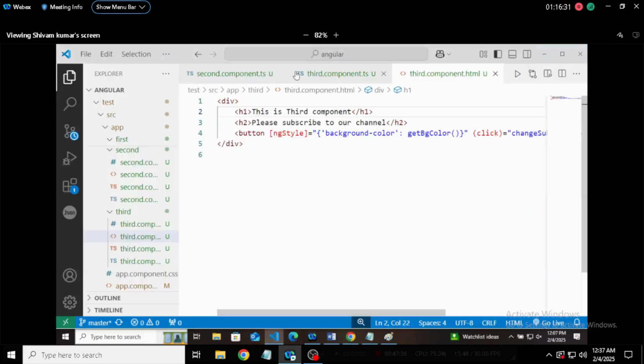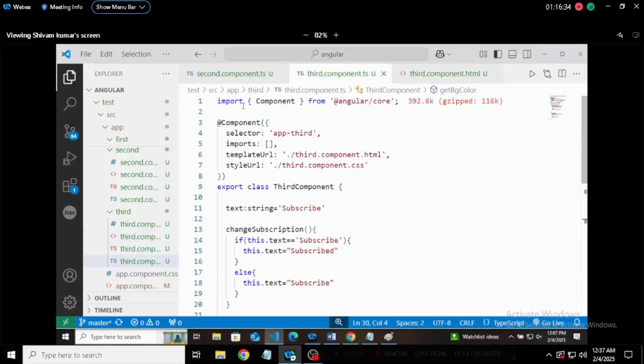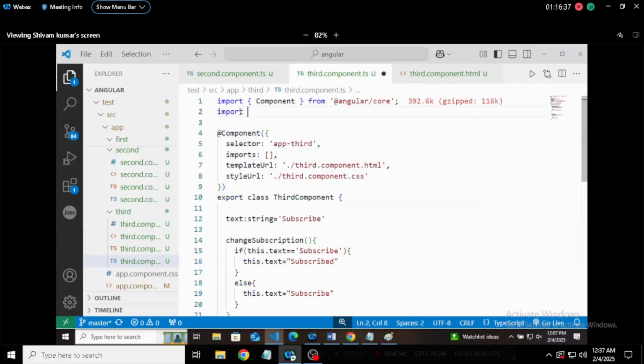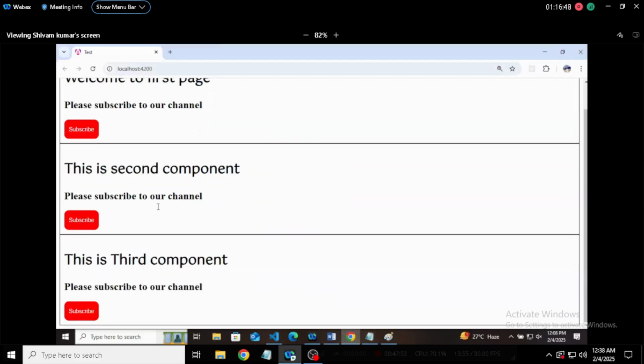So we need to import it. You will see that this is the third component, it's coming here. Subscribed means we have three different components and you have to subscribe at three different places. Means they are not having any synchronization. If I am unsubscribing this channel,